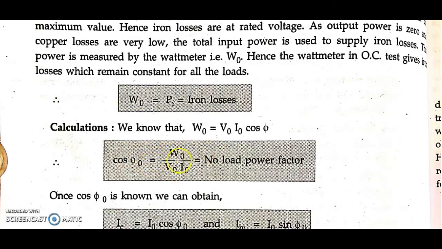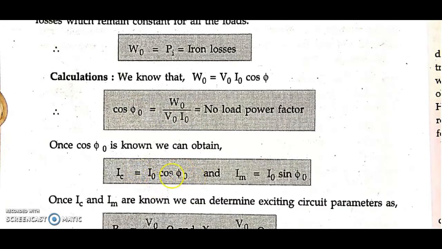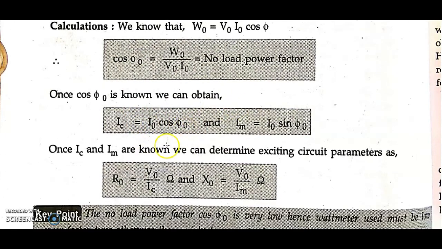Okay, this formula we have already written. At the beginning itself we came to know that W0 equals V0 I0 cos phi naught, and cos phi naught you can calculate easily. And this formula you have seen above. Coming to this, how this formula has come, we have already discussed how R0 is equal to V0 by IC, because whatever we are doing here also helps us in writing the equivalent parameters of the transformer circuit. We already discussed the equivalent circuit referred to the primary. There you came across R0 and X0. We came to know that R0 is defined by the formula V0 by IC, and X0 is defined by the formula V0 by IM. Right?